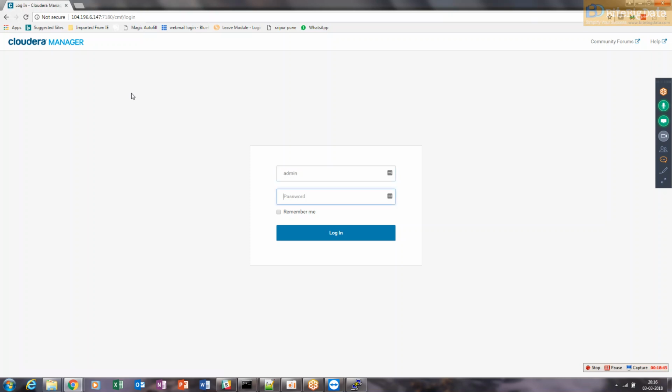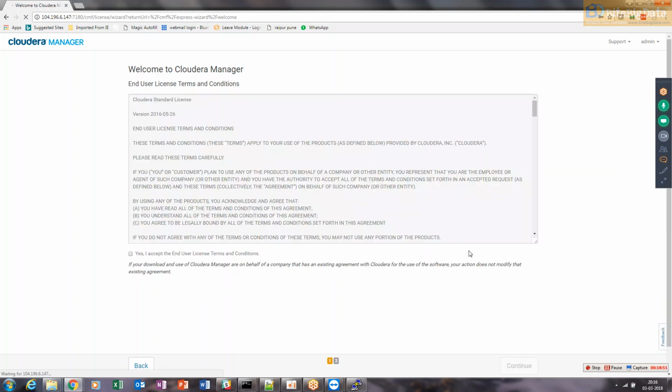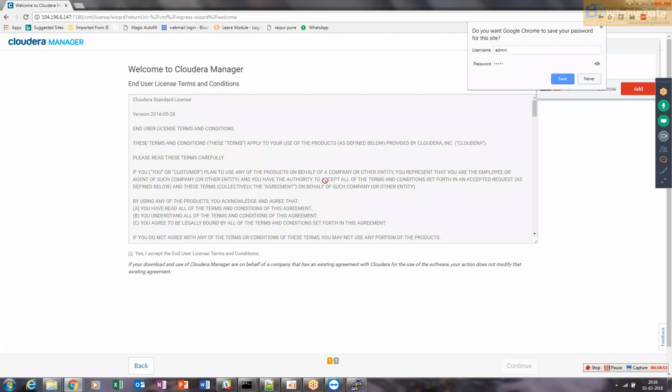When you put admin as user ID and password and log in, you see, welcome to Cloudera Manager, and you can now start creating the cluster. You can accept the end user license and terms and conditions, and then you're good. So what we'll do is